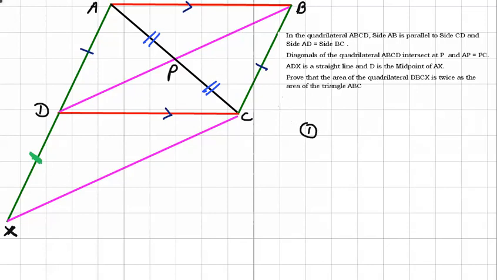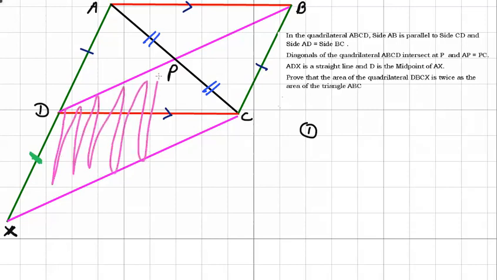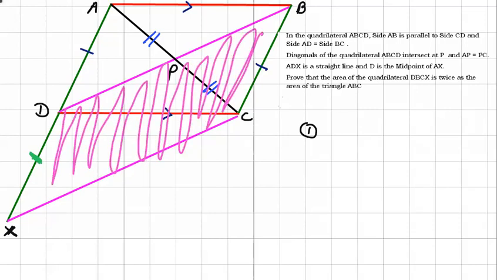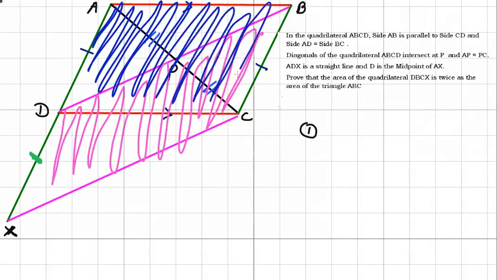Plan is this. Now, if you look at the quadrilateral DBCX, the one I'm coloring in pink now, and quadrilateral ABCD, do they share a common side? Let's see what I mean by ABCD, this blue color quadrilateral. Do they have a side in common? Yep. What is it? It's BC. All right. So then,